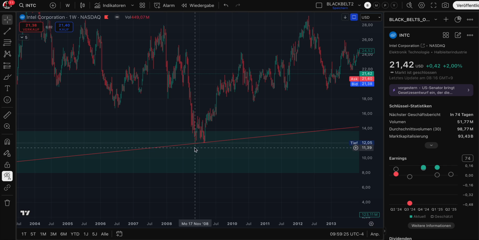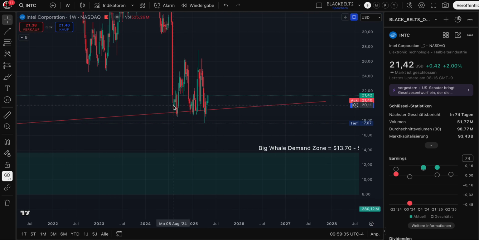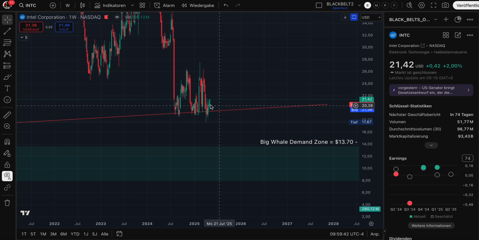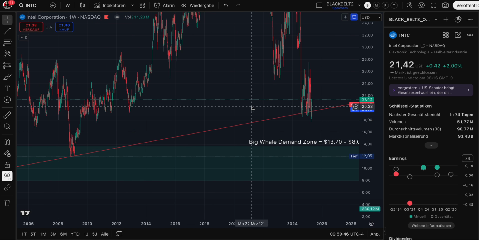Hallelujah, everybody sold their shares, guys. You can see we also had 3-4 touch points here in the weekly chart before we started to rise up. And now in today's situation, we have many more touch points. That means, yes, the support is still there. But of course, Intel now has to show a significant rip to confirm this price goal.